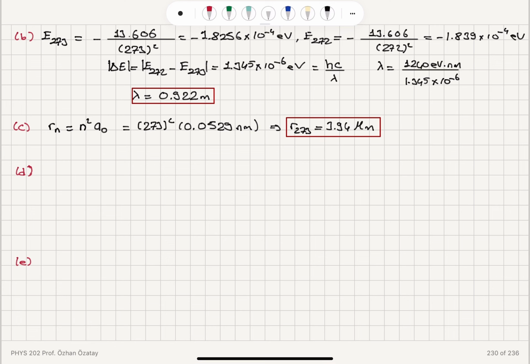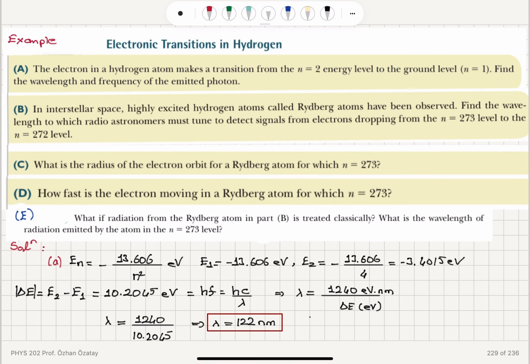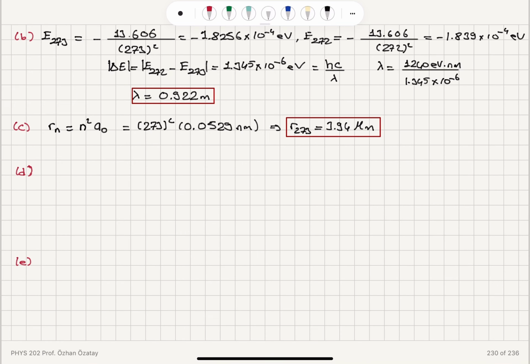All right. Part D, how fast is the electron moving in a Rydberg atom for which n equals 273? Well, remember that we have uniform circular motion of the electron without radiation while in orbit. So we have ke²/r². The Coulomb force equals mass times the centripetal acceleration v²/r, which gives us, for the speed